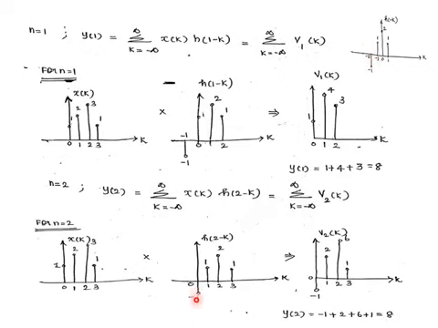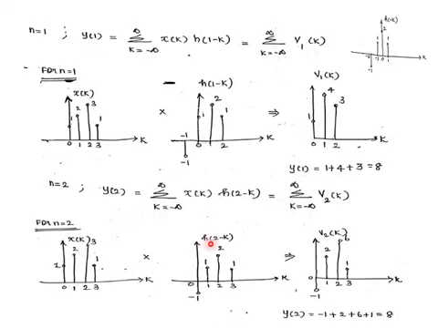So at k is equal to 0, its value will be minus 1. Likewise, all samples have to be shifted by 2 units. So the sample value at k is equal to minus 1 gets shifted to k is equal to 1. At k is equal to minus 1, its value is 1. It gets shifted to k is equal to 1. The sample value at k is equal to 0 gets shifted to k is equal to 2. So this value of 2 you'll get at k is equal to 2. And this value of 1 at k is equal to 1 gets shifted by 2 units. So it moves to 3.